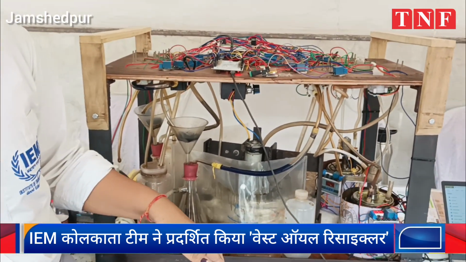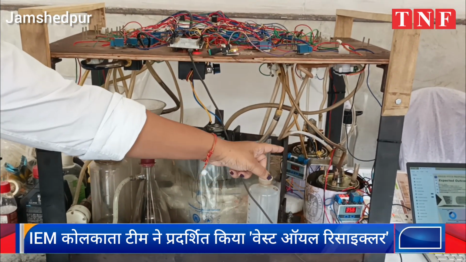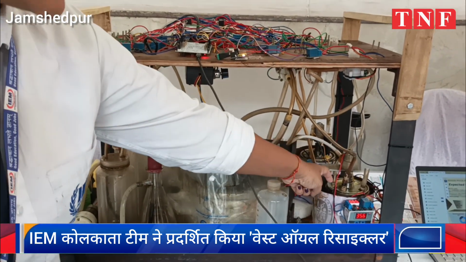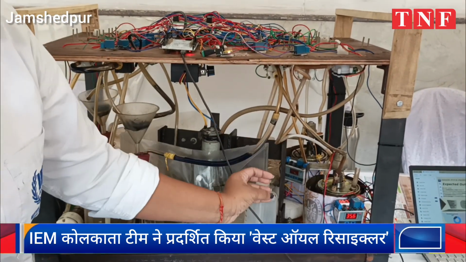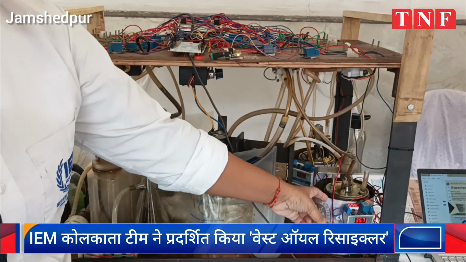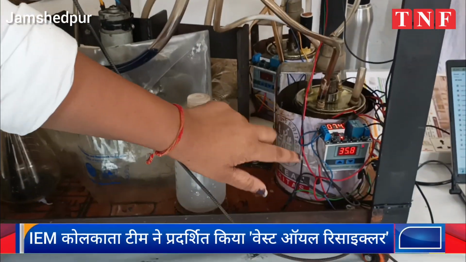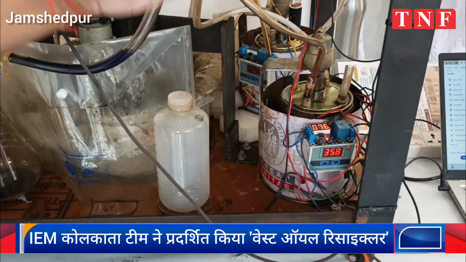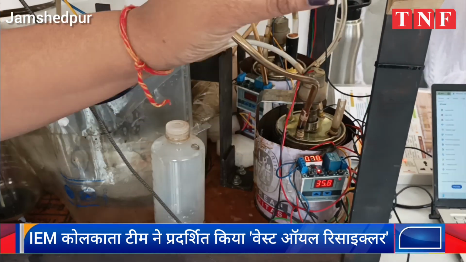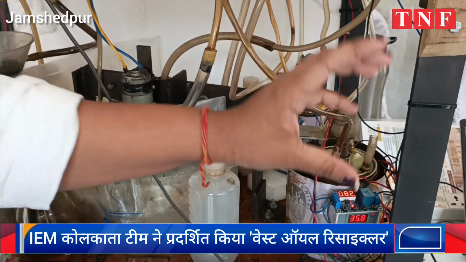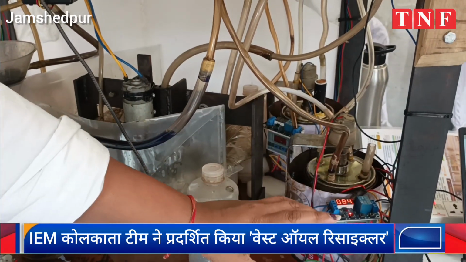chemical and physical processes. As you can see right now also our primary reaction chamber is on, and as you can see there's a shaft that is rotating. So the acid is mixing with the oil in a controlled temperature for a controlled period of time using a timer circuit and temperature microcontroller. So we are exactly mimicking what we used to do in a chemical laboratory, but here it is in a much safer situation and flamelessly.